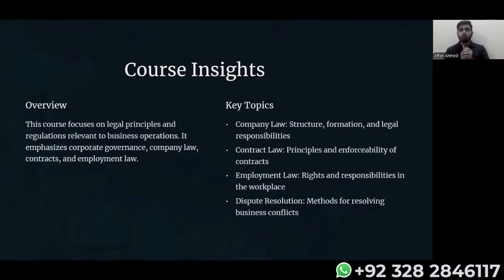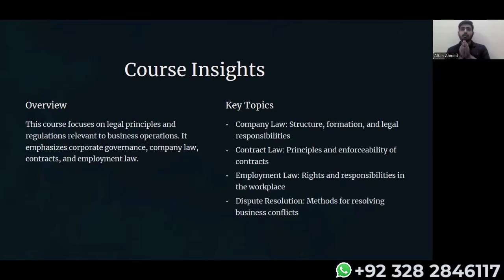Contract law is one of the most important laws in your life and in this course as well. In your life, if you are able to understand how a contract is made and what are the legal obligations or the legal requirements so that it can have a say in the court of law, you will have a very good future and you can avoid major frauds. There are many people out there who are making contracts, but they're intentionally removing some things that are essential to make a contract enforceable in a court of law.